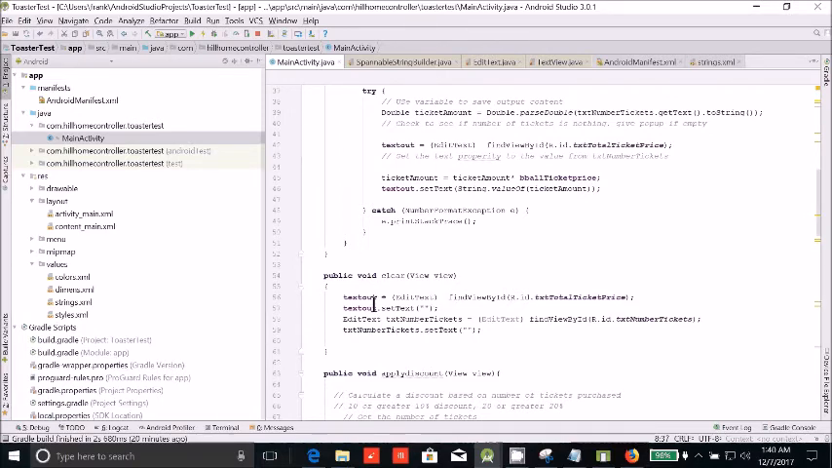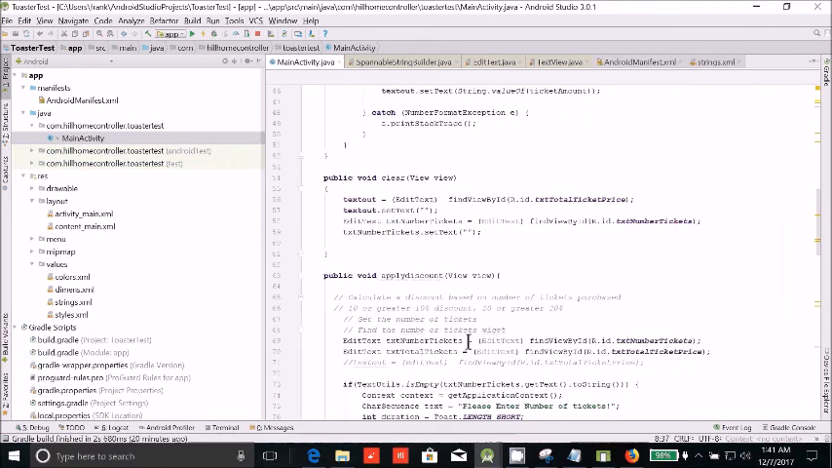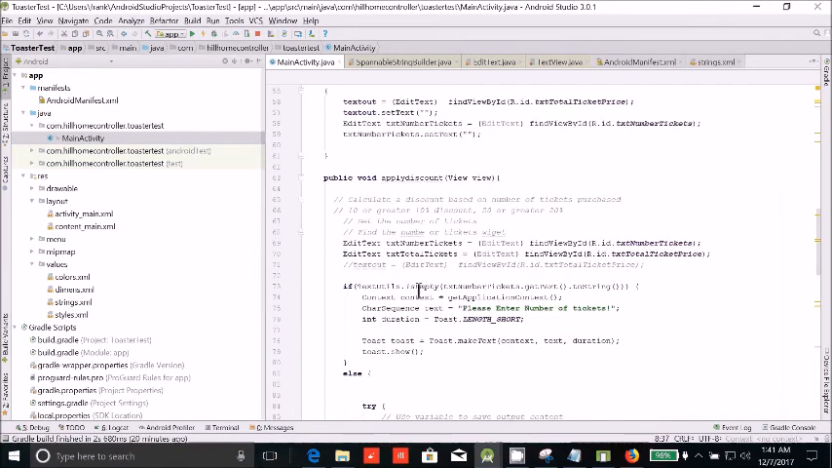For example, what's happening here is you're finding this total ticket text box, and you're setting it to double quotes, which is nothing. And you're doing the same thing with the number of tickets, and you're setting it to nothing. We have another method that just applies the discount,